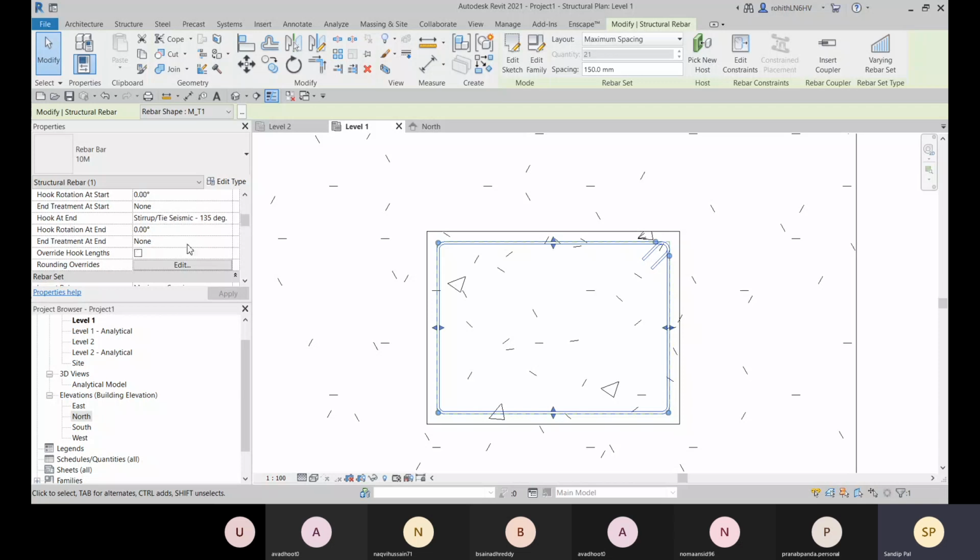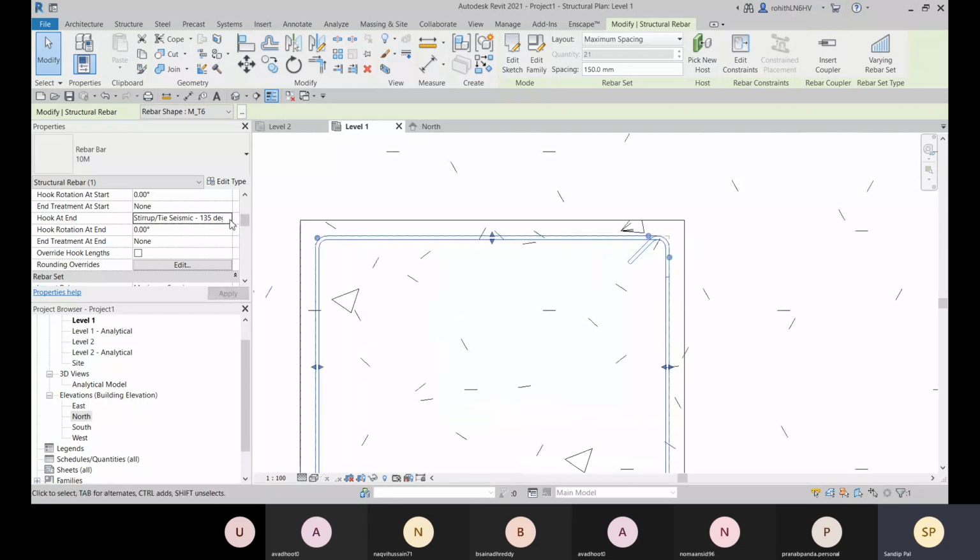And where you want to provide this hook, so hook at the end, that is 135-degree. If you want to change this to 90-degree like this, you can change it. Okay, so that will be 135. Just a second.